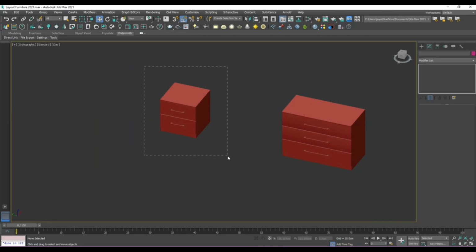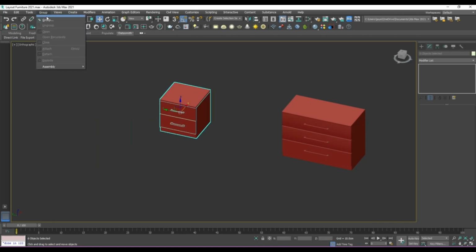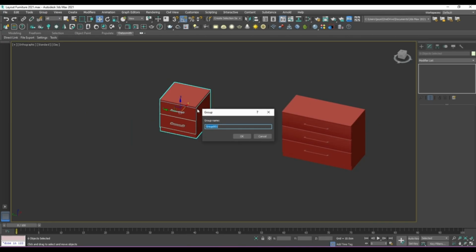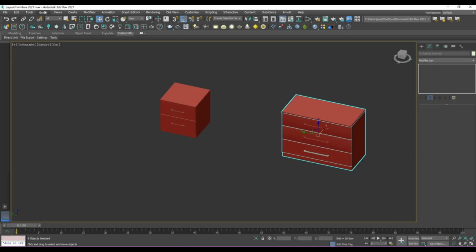Okay, perfect. And then we'll just group them. Call that again storage 1, and call this one storage 2. And if we copy these ones